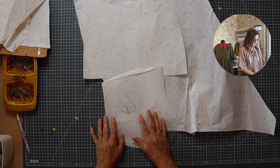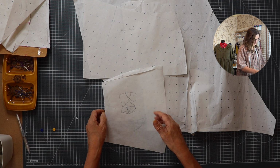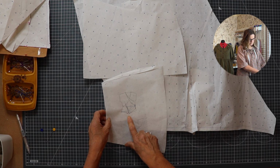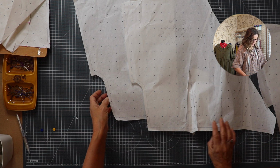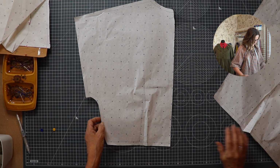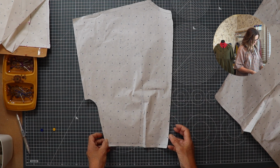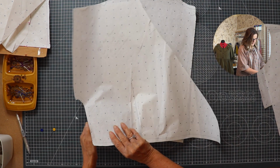So basically this is the beginning, shall we say, of what I'm trying to achieve. So that's what I've got roughly sketched on the back. So as I say, there's my wrap. So there's the back. And obviously it's going to be cut on the fold, and I've got my back dart in. So there's the back, and then there's the front,